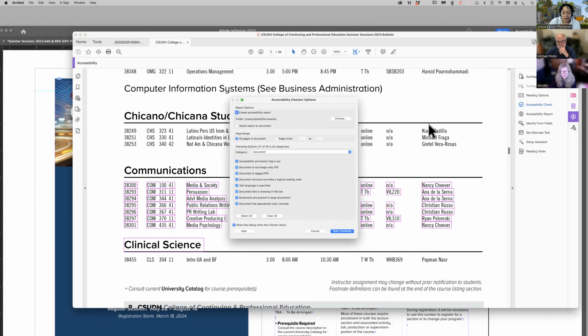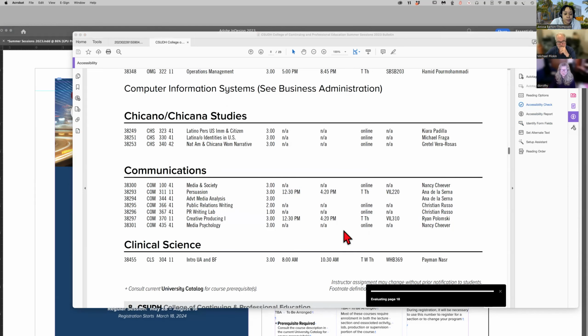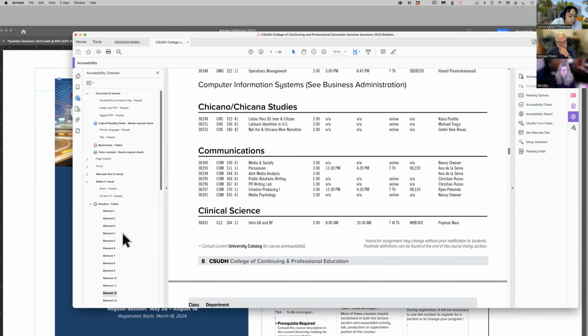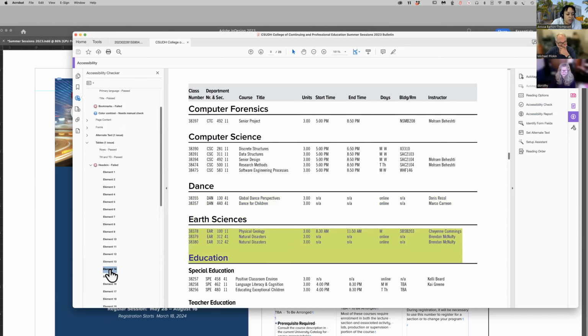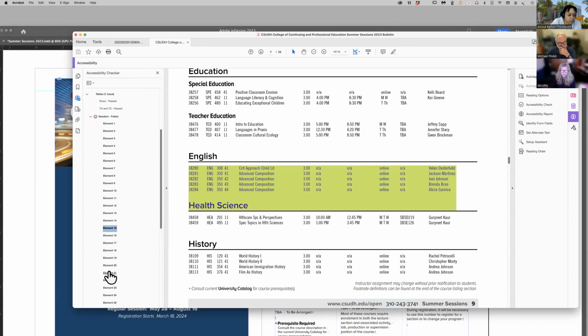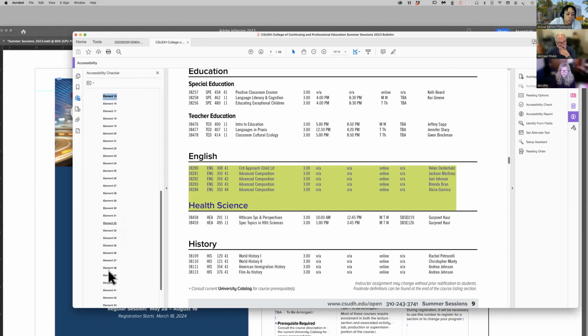So it'll have more stuff that it can recognize from that. Okay, let me go back. So it's all those headers that are throwing things off. Exactly. So once I do a new